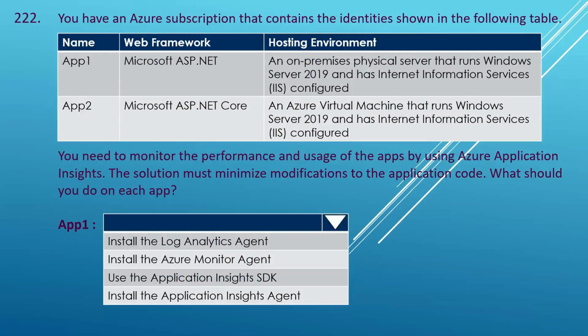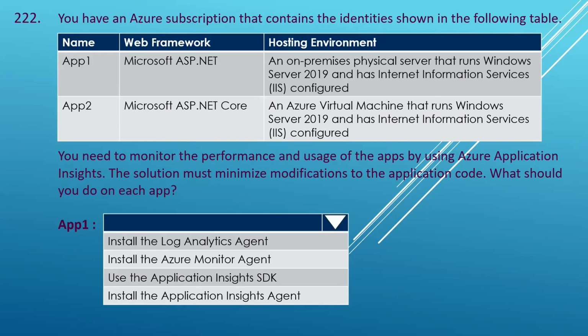Question number 222. You have an Azure subscription that contains the identities shown in the following table. You have two apps with the name of App 1 and App 2. App 1 is using Microsoft ASP.NET Web Framework and App 2 is using Microsoft ASP.NET Core Framework. And when it comes to hosting environment, App 1 is hosted on an on-premise physical server that runs Windows Server 2019 and has IaaS configured, whereas App 2 is hosted on an Azure virtual machine that runs Windows Server 2019